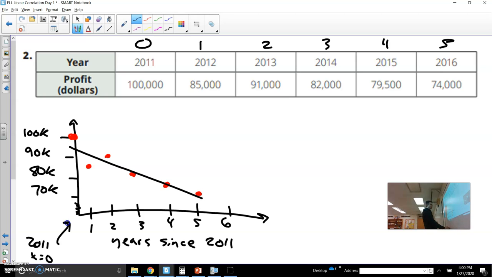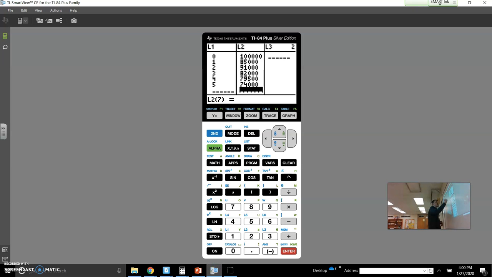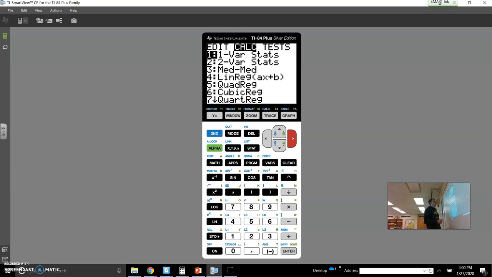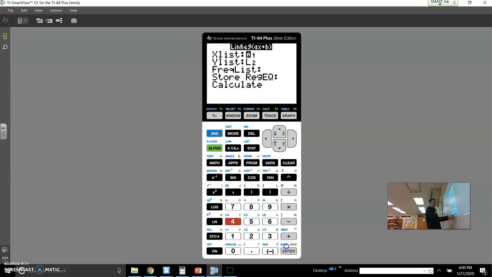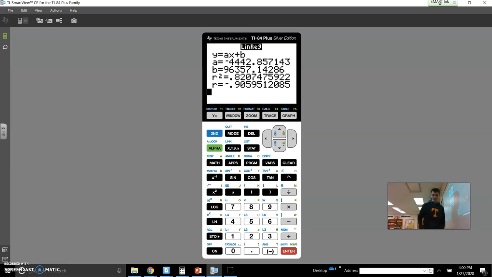And so let's go to the calculator. And please notice that I'm not using the years. I am starting with 0 for 2011, and those other numbers represent years since 2011. Stat, go over once to calculate, number 4. And now I want to calculate exactly what my equation is. So I'm going to pause the video, make it easier on myself. So I'm back. So I am again taking these values, looking at my model, y equals ax plus b, and then substituting a's value and b's value so that I still have y equals a number with x and a number with